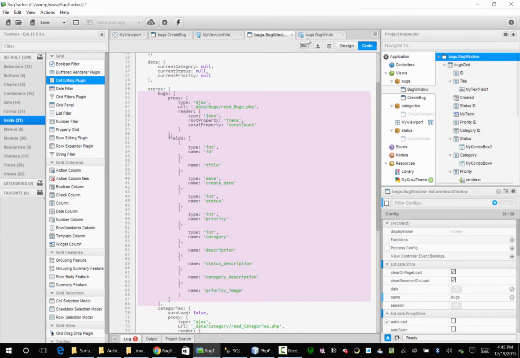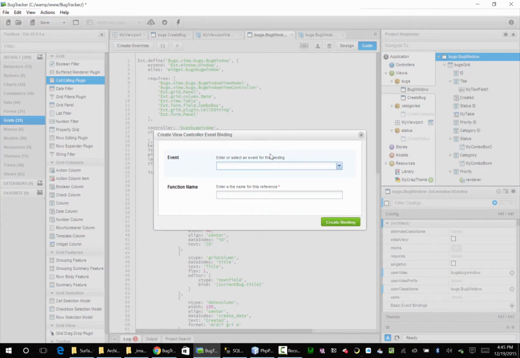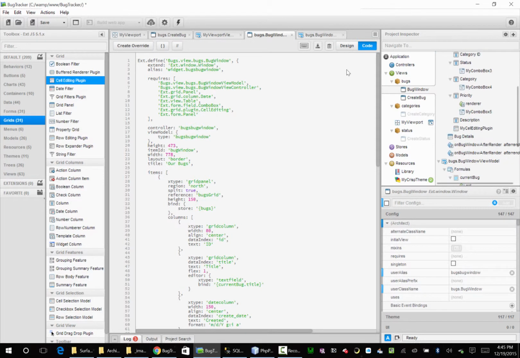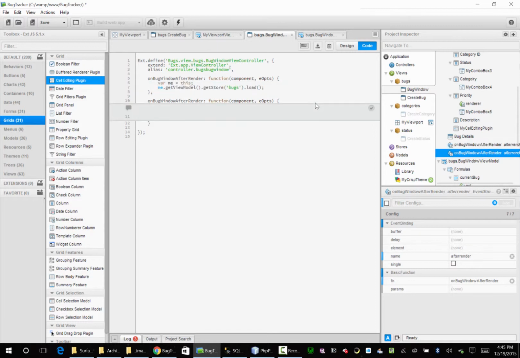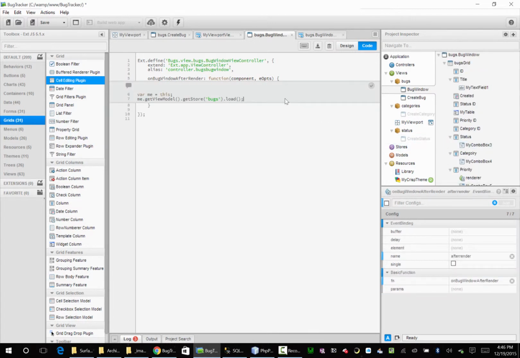Probably need to go to bugs window, add an event binding, after render, and in that event handler, but we already had an after render. I guess we don't need this one. Delete. Go back to this one and say